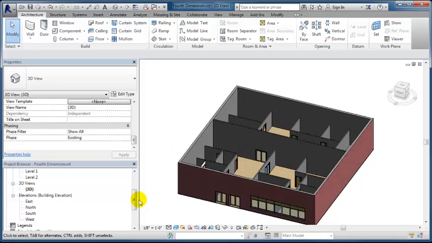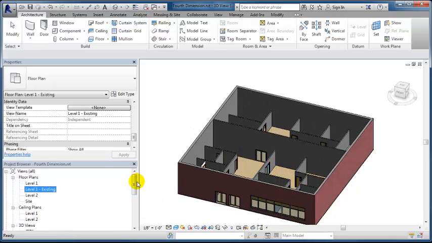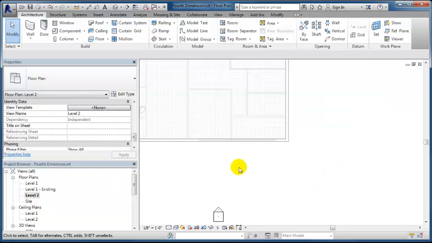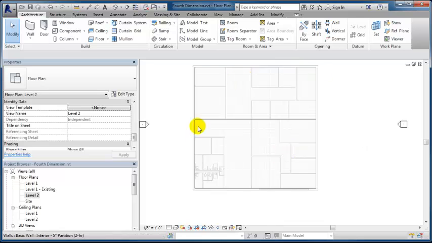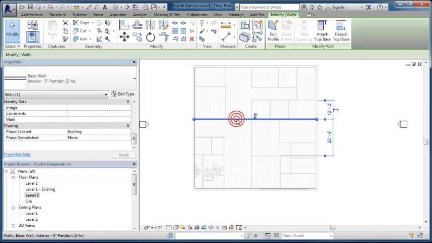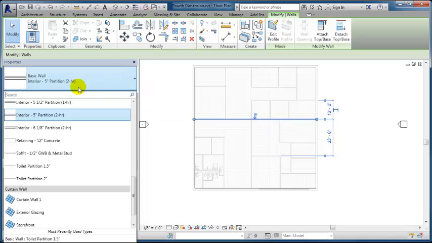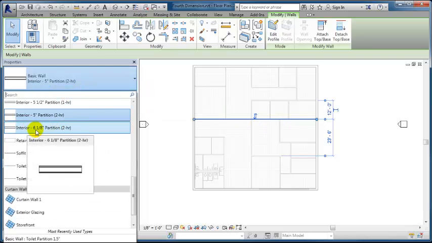So now we're going to get into creating a structural floor system in our level 2. So I'm going to double click on level 2. And we already have some underlays and everything set up for us, so you can see all of our first floor information. This is going to be our bearing wall. So I'm going to change this type of wall this is, and I'm going to make it the largest interior partition we can make. Of course, I'm not a structural engineer, but I'm just showing you the